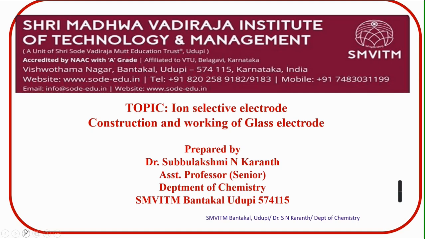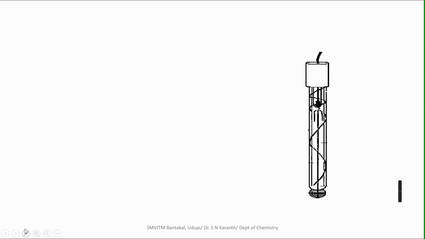About ion selective electrode, its construction and working. Before that, what is an ion selective electrode? An ion selective electrode is one which selectively responds to a specific ion and develops a potential at the electrode in a mixture as a function of the concentration of that ion in a solution. So we can write it like this: ion selective electrode